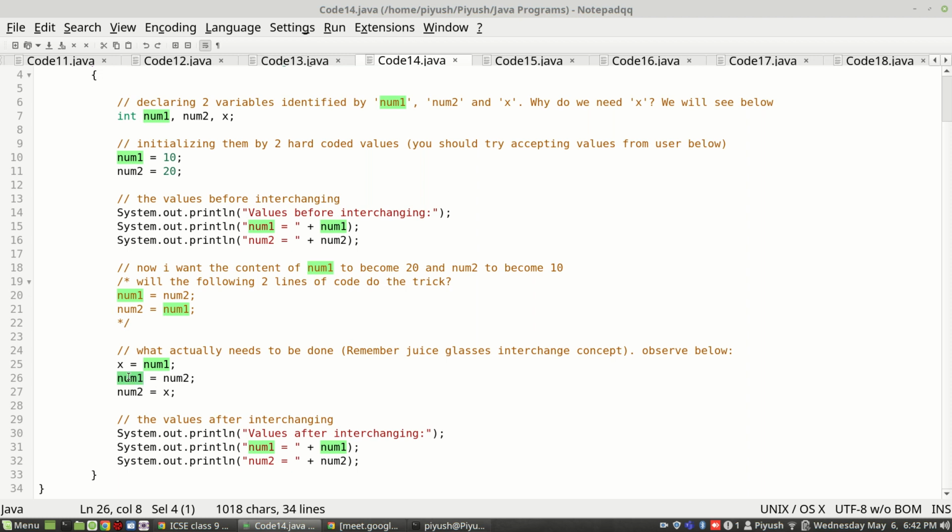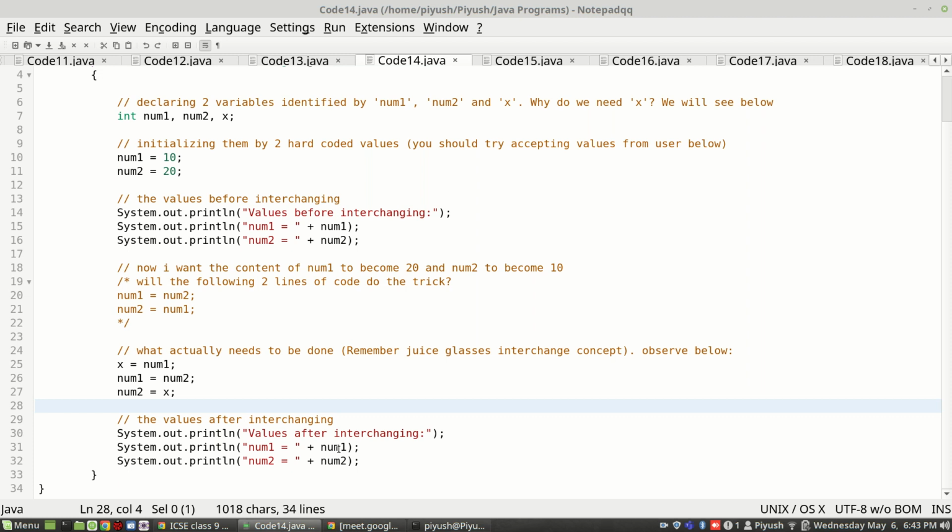So in X I'll get a copy of the value of num1. In num1 I'll get the copy of num2, and in num2 I'll get the copy of X, which is containing the copy of the initial value of num1. So this will help us effectively interchange the values.